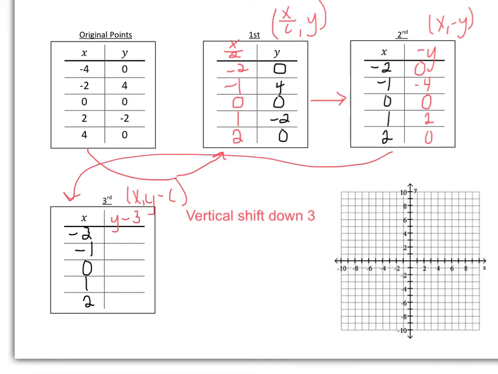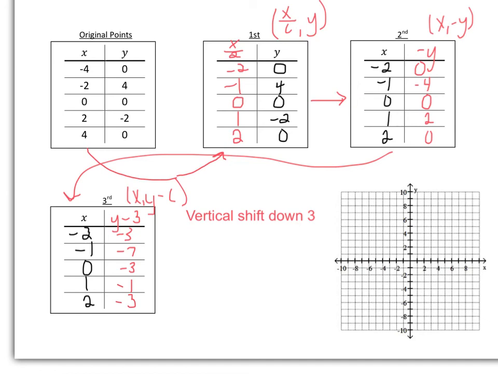So I would do 0 minus 3, which would be -3. -4 minus 3, which would be -7. 0 minus 3, which would be -3. And then next we would have 2 minus 3, which would be -1. And then we would have 0 minus 3, which would be -3. So what this table shows is the ordered pairs that represent g of x, that original negative f of 2x minus 3. That's what we want to graph on the table to the right.